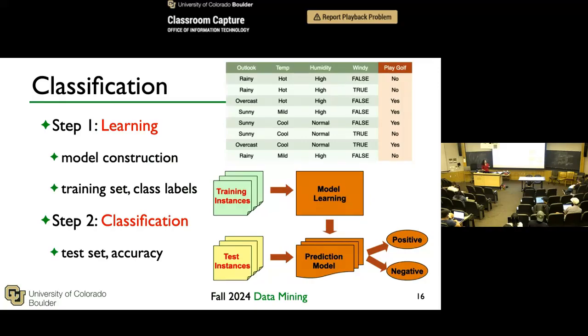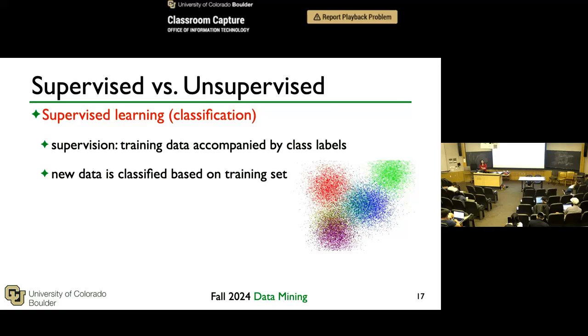All right. So with that, now you have a way of building your model and testing your model. Now this also connects to the terms supervised learning versus unsupervised learning. So the general idea is that supervised means that you have some guidance, supervision. That's why classification is considered supervised learning, because you have those training data with the class labels. That's the supervision you're getting. If you look at my small figure there, if I just gave you those data points without the colors,